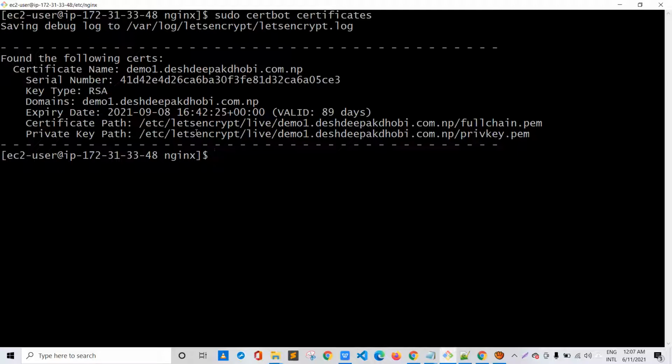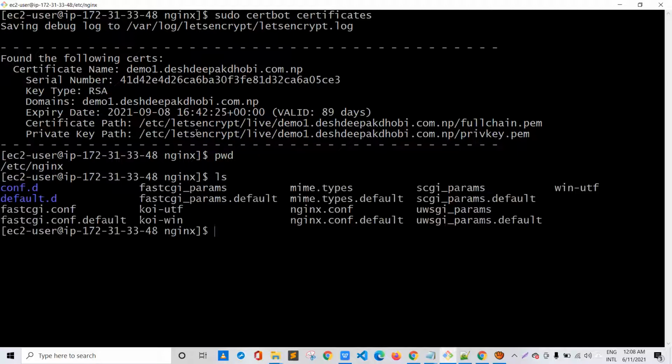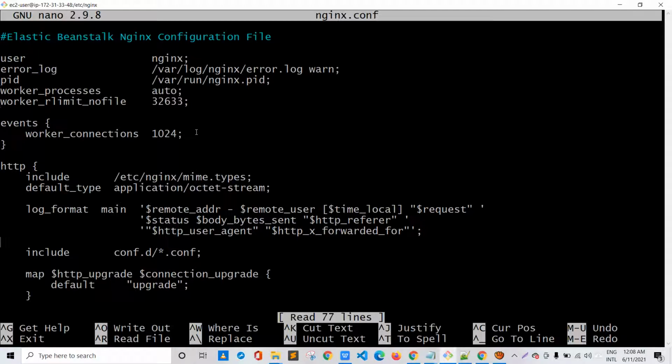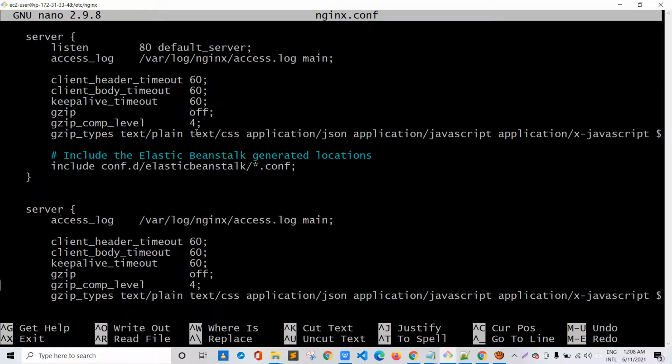So the installation is okay, but let's see if it has also tweaked the Nginx configurations, as for the working of the Let's Encrypt SSL certificate, the Nginx configuration is the most important one. Okay, so I'm inside my Nginx folder. If I do pwd, yes, I'm inside /etc/nginx. Let me ls and go inside the Nginx main configuration file, that is nginx.conf. And yes, if I go down and down and down,